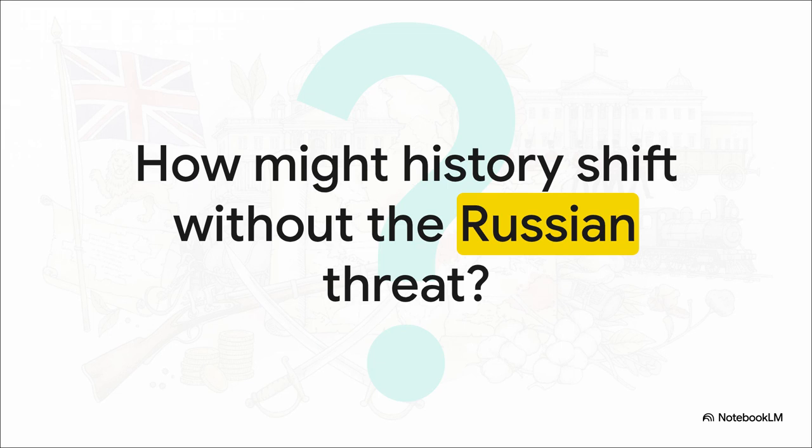We've just examined the direct, handwritten evidence of exactly how an empire engineered its dominance, step by step. So I want to leave you with this thought. Looking at this incredibly calculated century of expansion, how might global history have shifted if that Russian threat had never actually materialized to accelerate things? Or what if rigid traps like the Doctrine of Lapse were simply never enforced? The mechanics of empire are incredibly complex, for sure, but decoding these blueprints shows us exactly how the modern map